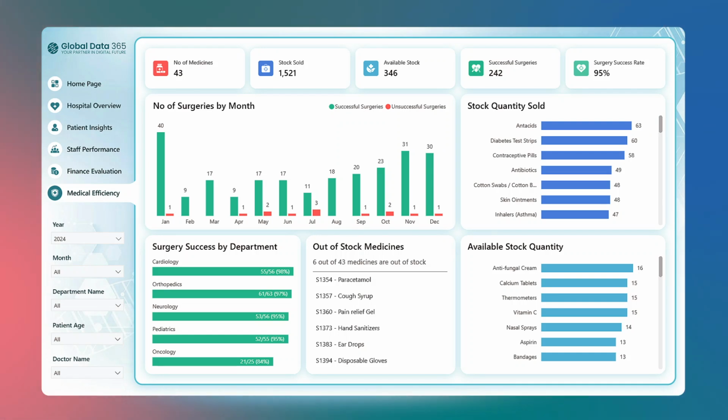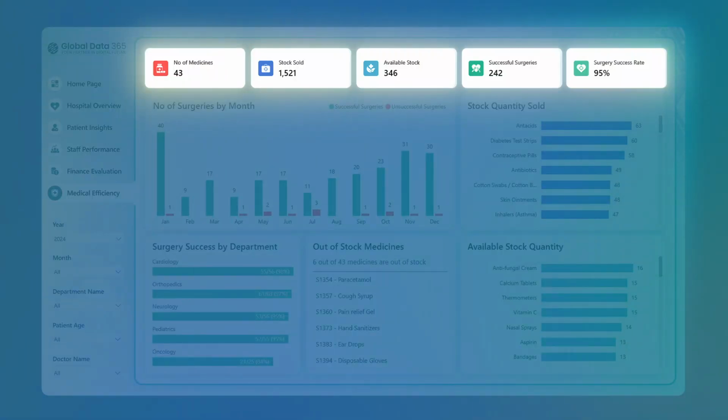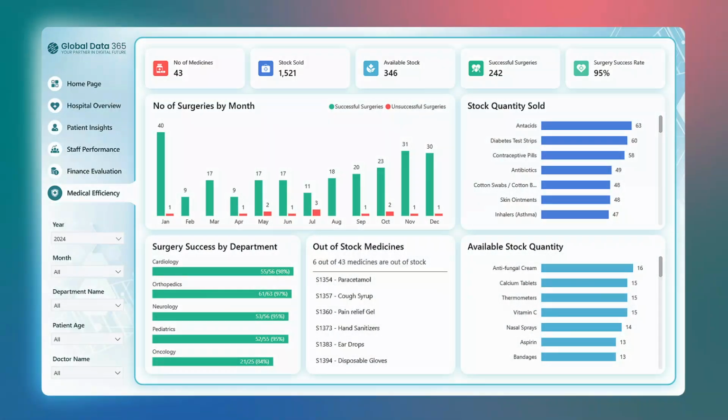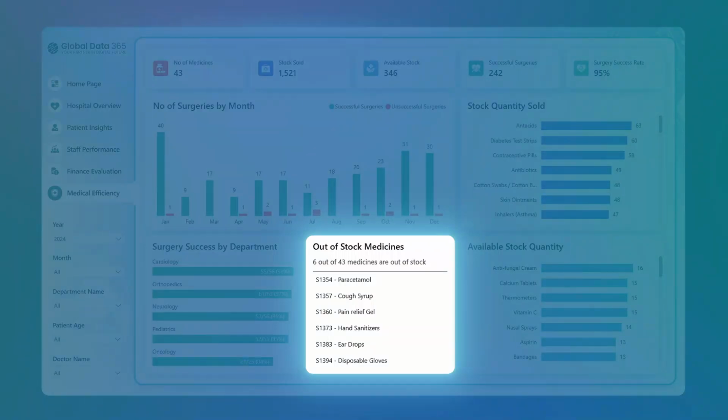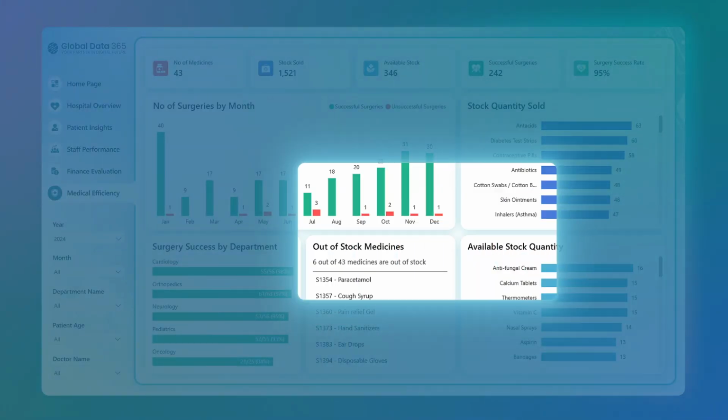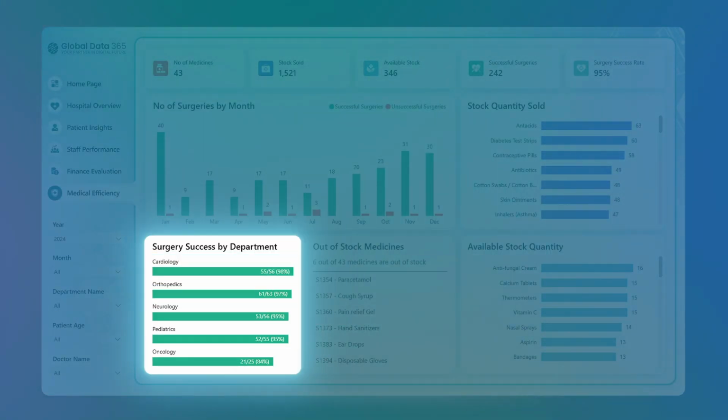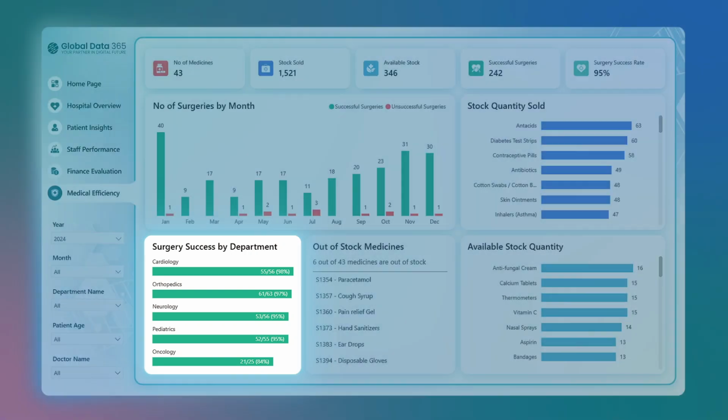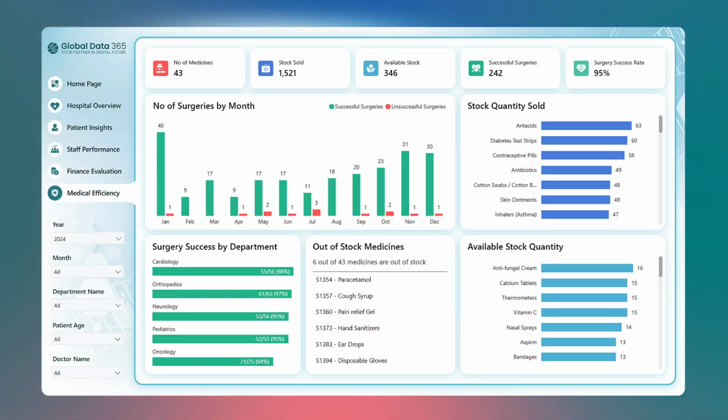The Medical Efficiency page focuses on treatment outcomes and resource utilization. Monitor total medicines, stock sold, available quantity, and surgery success rate. Analyze medicine inventory movement, stock availability, surgery trends, and department-wise surgical performance. By tracking healthcare resources and clinical outcomes in real time, hospitals can improve patient care while ensuring efficient use of